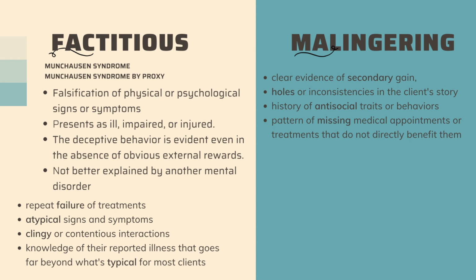In factitious disorder, which is formally known as Munchausen syndrome, the goal of feigning illness is primary gain, which refers to all of the intangible benefits associated with being sick, such as sympathy and attention. For example, somebody with factitious disorder may feign having severe abdominal pain in order to be admitted to the hospital and receive around the clock care from doctors and nurses and other providers.